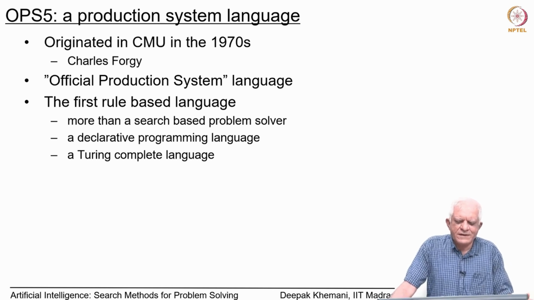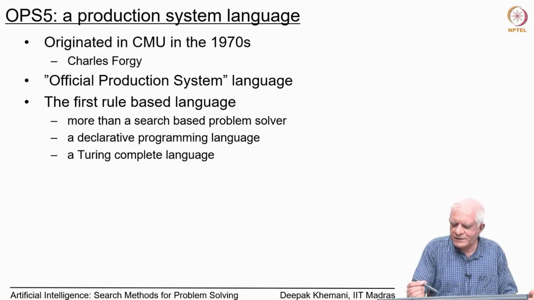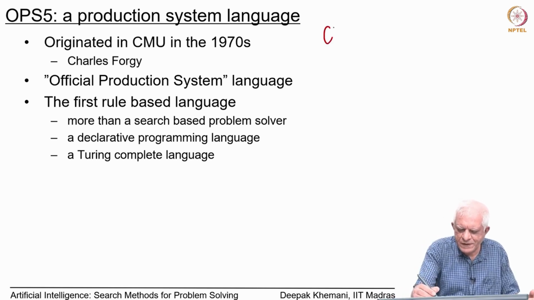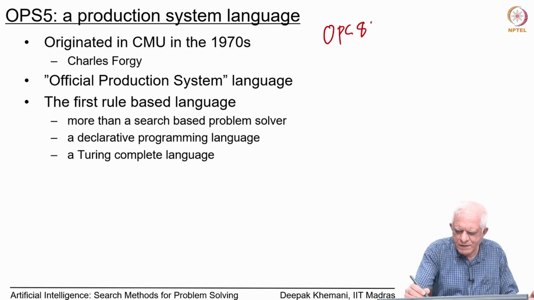The name itself reflects the fact that it was an official production system language, and like most languages, there were versions. OPS5 was the version which they started with. For some reason, it was called OPS5. In fact, when I was a student, I looked at programming in OPS5 myself, and by the time I was graduating, the new version called OPS83 had come. Maybe I should mention it here. '83,